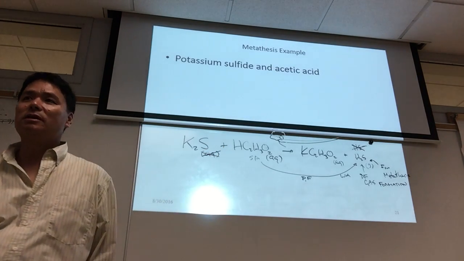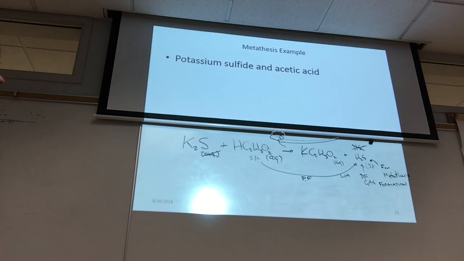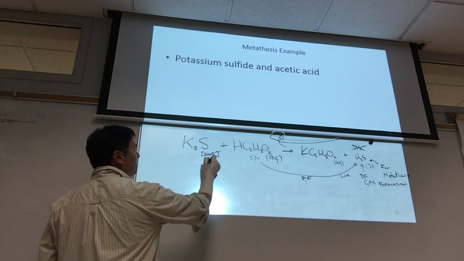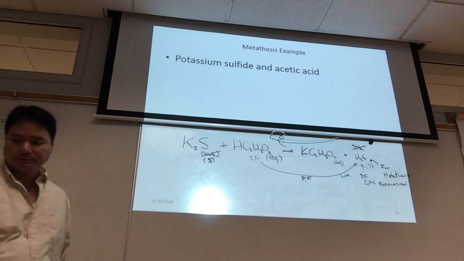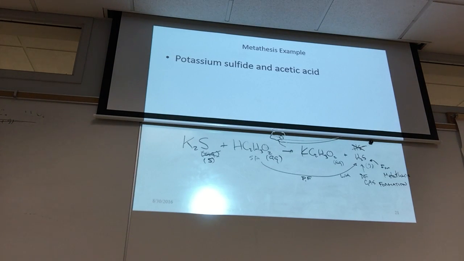We can't write aqueous here. But we have to write solid. And what's the reason for that? The reason for that is because of one of these chemical properties of sulfide, you might recall. And that is, what I do is I treat this as a soluble salt. So K2S is soluble because all potassium salts, or group 1 salts, are soluble. And so if I have solid K2S, and I mix that with water, I'll get